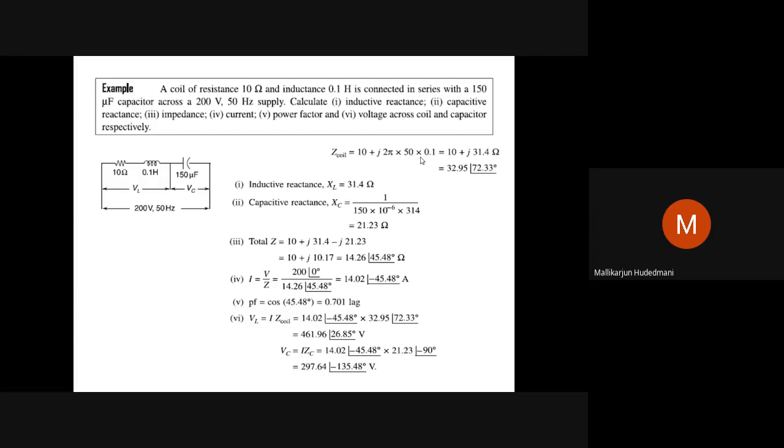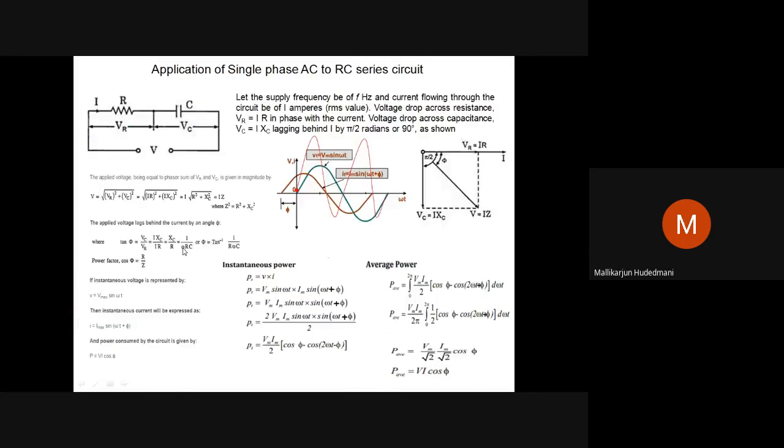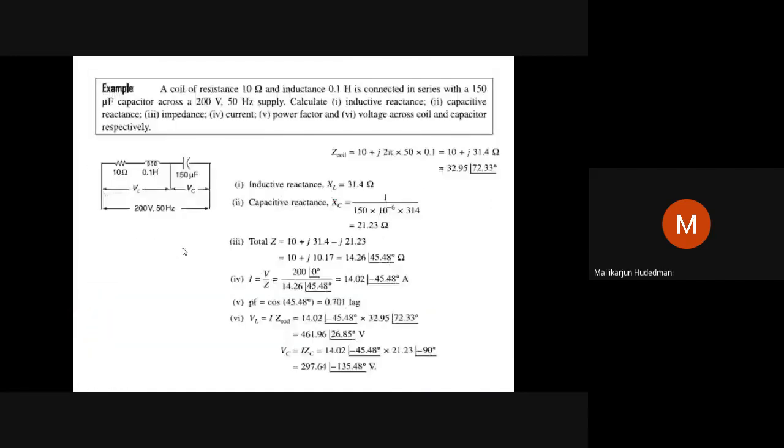How do you recall it? If I go back to some theory portion here, can you see? Whenever we find an inductive circuit, an RL series circuit, we have the XL inductive part and the resistive part here. With respect to these, we have a phasor difference of 90 degrees. In that regard, the inductive circuit will possess XL and the capacitive circuit will possess XC. So I have to obtain a part-by-part solution.